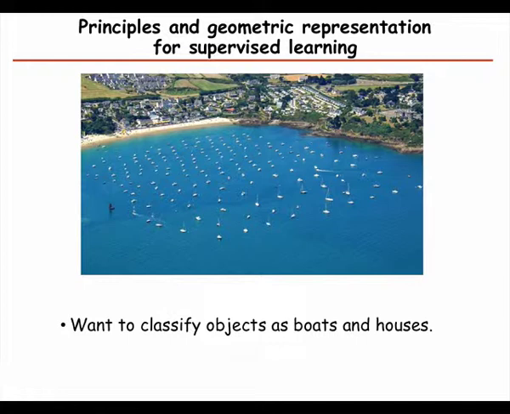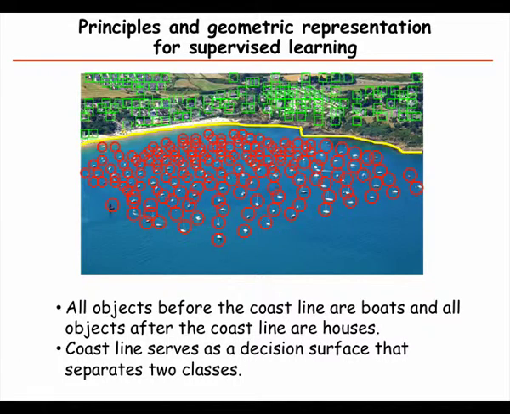So now if we get to the analysis, we can start with a simpler example, and in this case we have two groups. We have boats and houses, and we want to find a way to distinguish what is a boat and what is a house, and label those in this picture. So one observation is that we have the coastline, and we can make the assumption that all the objects that are in the water are boats, and anything that's up on land is a house. So the computational part would be to find the coastline,